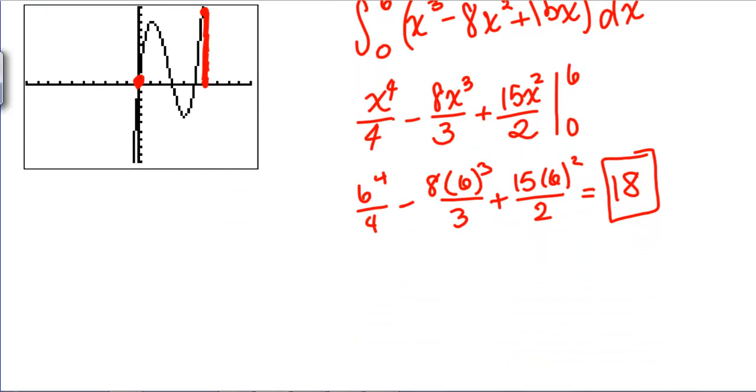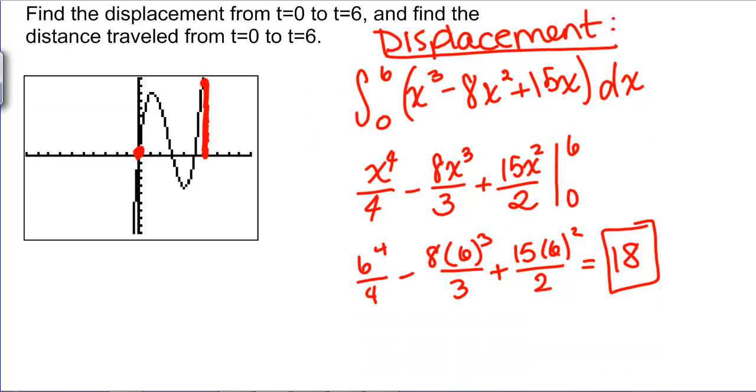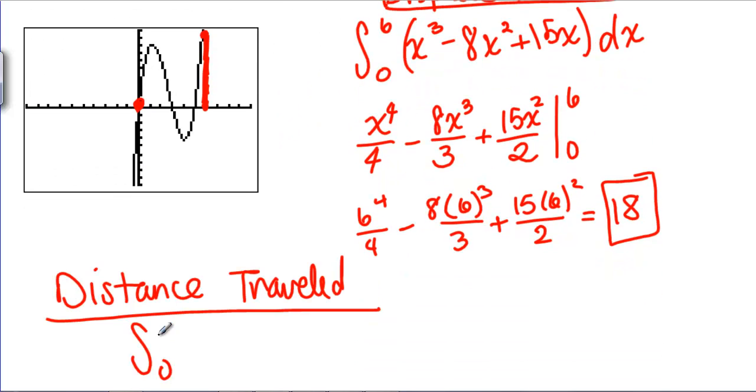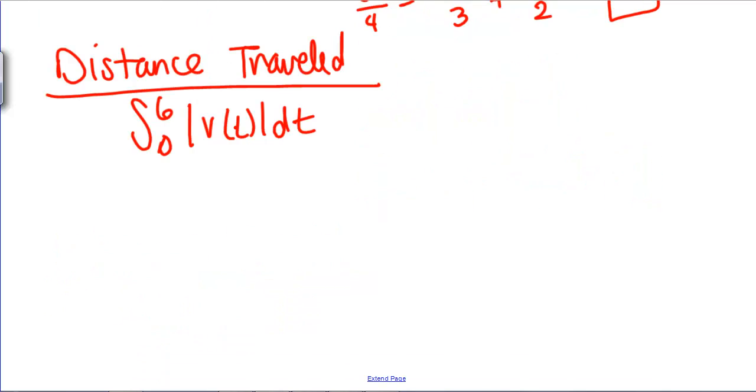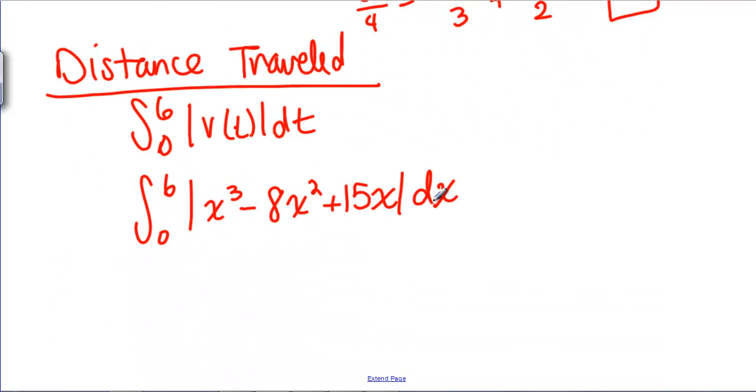The distance traveled, though, is a little bit more complicated. Remember, we found displacement by taking the integral of the velocity. But to find distance traveled, we need to find the integral of the absolute value of the velocity function. So we need to find the integral of the absolute value of x cubed minus 8x squared plus 15x. Now we don't know how to take the integral of an absolute value. So the only way we can actually find this integral is by finding out what the function is equal to